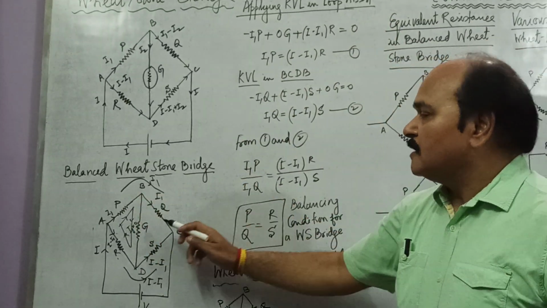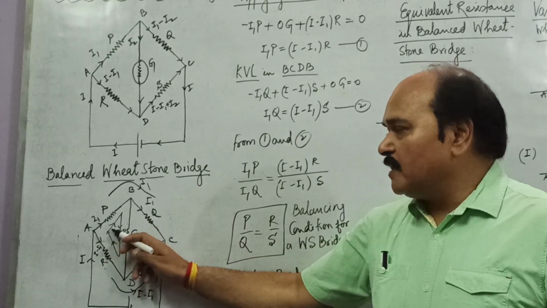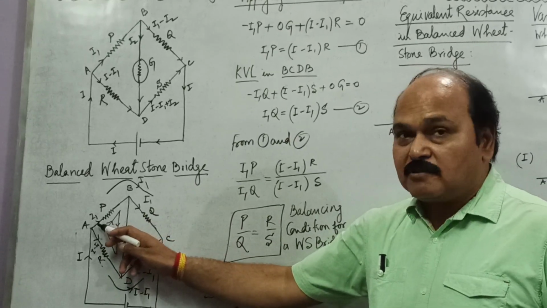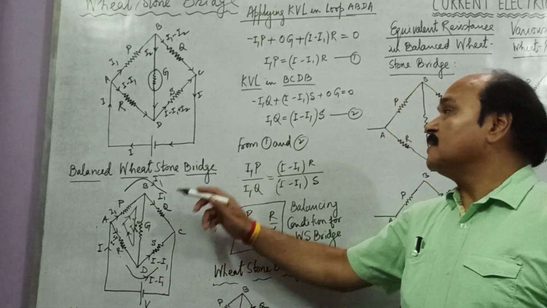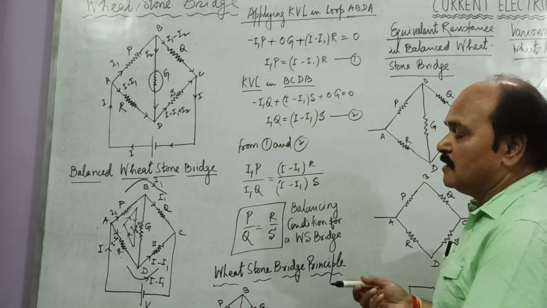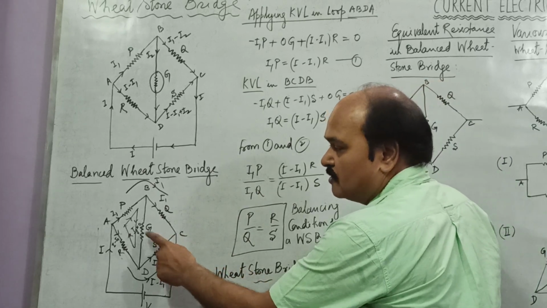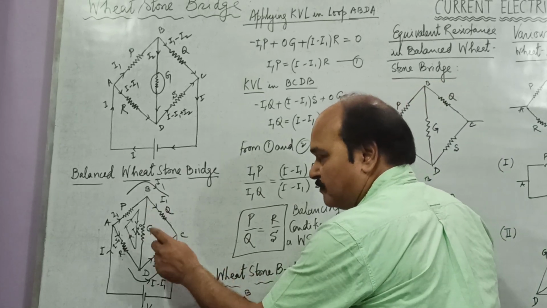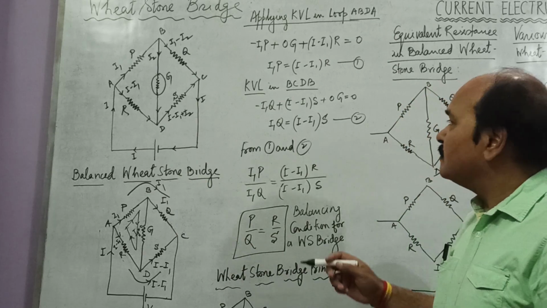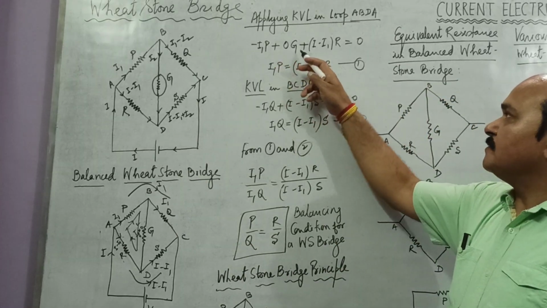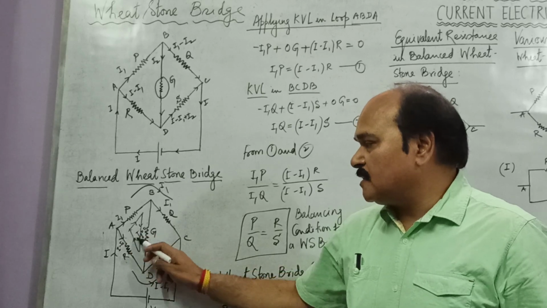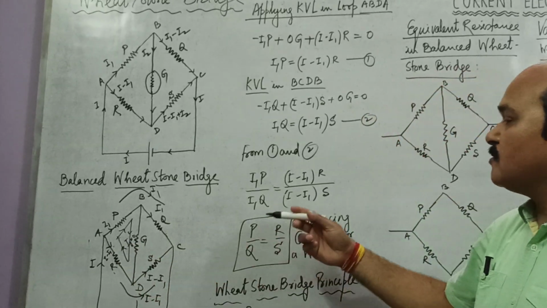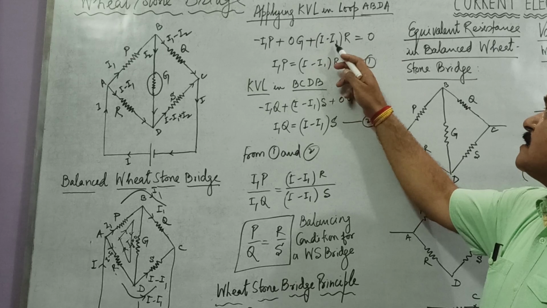What happens? AB, see, we are moving in this direction and the current through the resistance is also in the same direction. Therefore, the potential drop here would be what? Minus I1 into P. Current through this resistance is 0. 0 into G is what? 0. The potential difference here is 0. So there is no concept of positive or negative sign here. But as they move in this direction, the current is flowing in the opposite direction. The potential drop here will bear positive sign. That is I minus I1 into R.